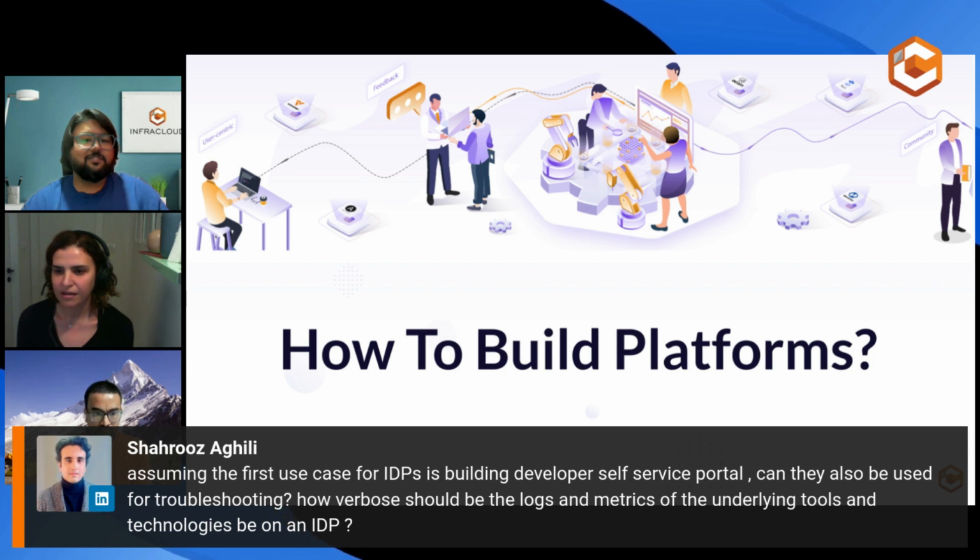Yeah, I mean, it can definitely be built for troubleshooting. Ideally, and Vishal, I will be grateful if you can complement me on the technical side, but ideally, what the portal does is that it will expose whatever metadata and data that you're having from your observability and monitoring tools, and then it will expose them on the IDP for your developers. And again, the question is, what do you want to expose? What do you want to abstract?